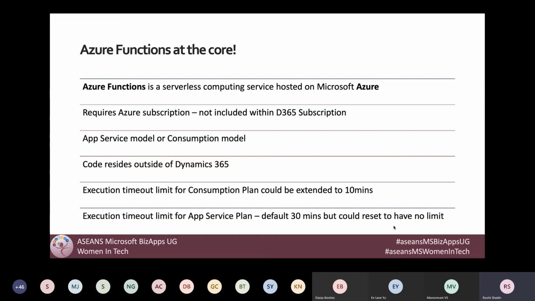Now, one of the ways of doing this is creating an application user. In CDS or Dynamics 365, if you go to your users, to manage users, you will see in the view that apart from your normal users, there's also something called application users. So it is a good idea to create an application user. When you create an application user, you're basically registering an app in Azure, and once the app is registered in Azure, you get an ID and a secret key. Use this ID to create the application user